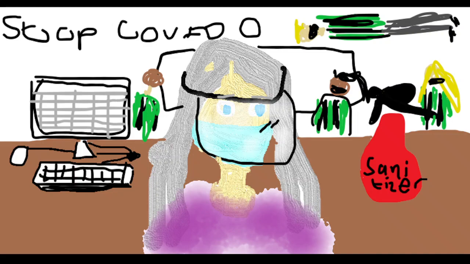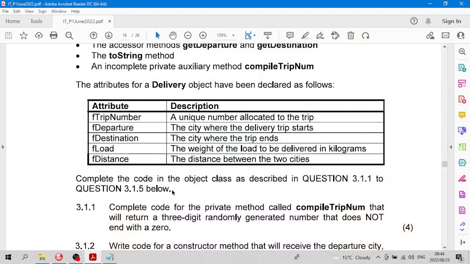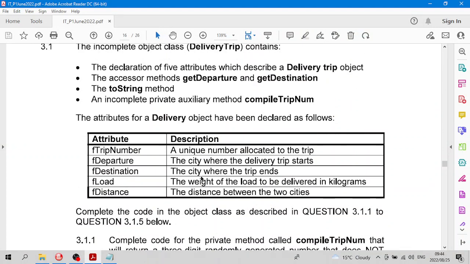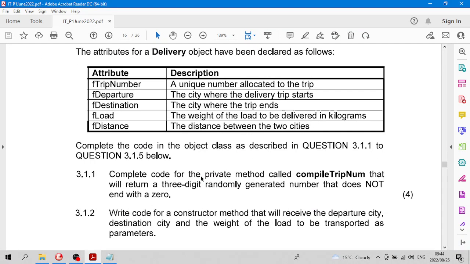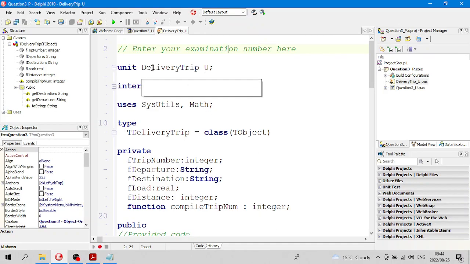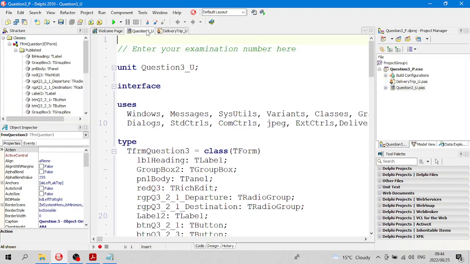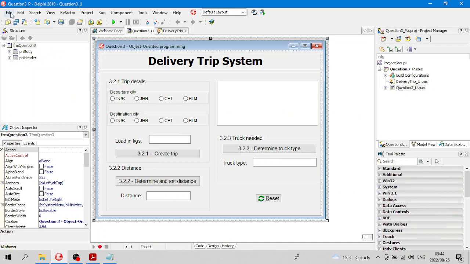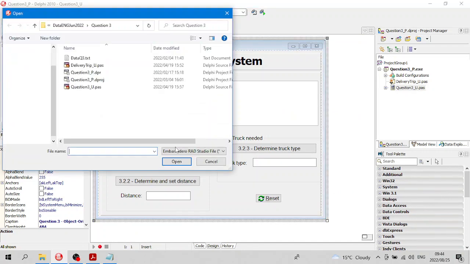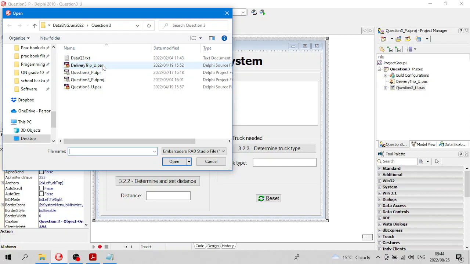Hello grade 12s, we are going to do object-oriented programming, question number 3 of your exam papers, and we have to open a main program, and we also have to open the unit. So your main program is this, and then you've got to go file and open, and make sure you open the unit.pas as well,